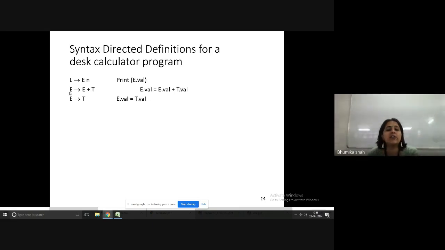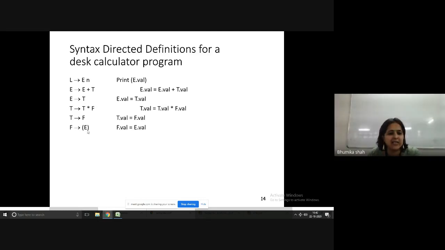Fine. Now if the rule is E derives T, in that case, E dot value is equal to T dot value, meaning the value of T is going to be assigned to E. Okay. If your production is T derives T multiplied by F, meaning T and F, if multiplied, they will generate the answer in T. So, T dot value is equal to T dot value multiplied with F dot value. See, it's simple. Just the arrow is converted to equal to, T is converted to T dot value, and F is converted to F dot value. Okay. Now, T derives F. So again here in place of the arrow, you can consider equal to. So T dot value is equal to F dot value.